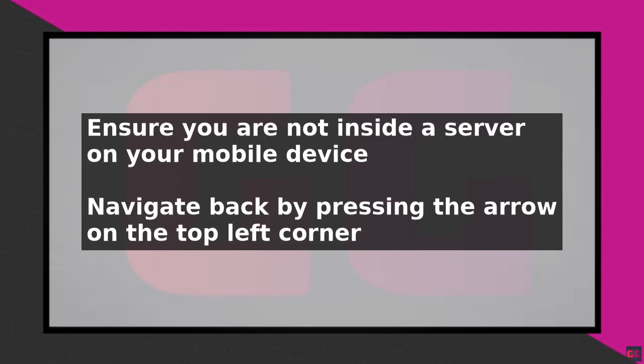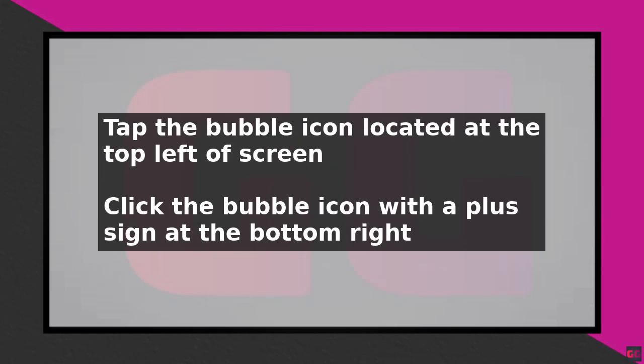To create a group chat on a mobile device, start by ensuring you are not inside a server. If you are, navigate back by pressing the arrow on the top left. Once you've done that, tap the bubble icon located at the top left of the screen. Next, click on the same bubble icon, which has a plus sign next to it, situated at the bottom right,